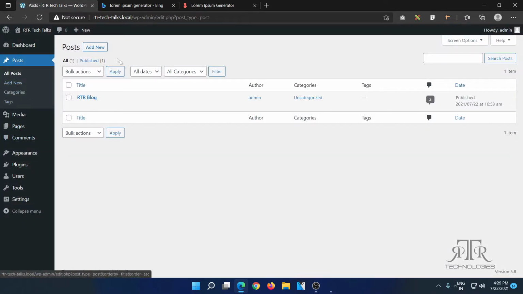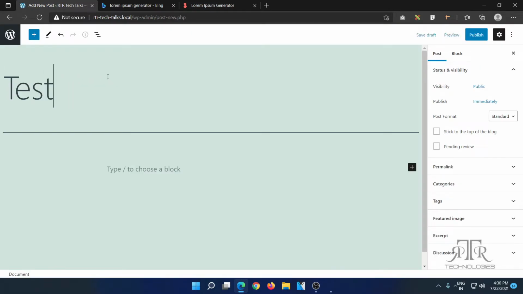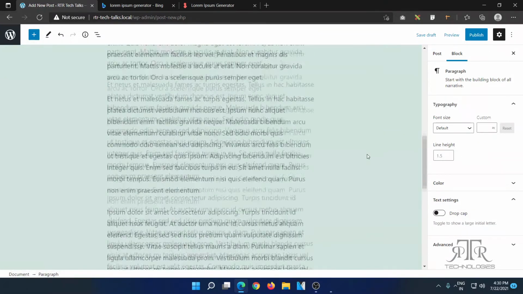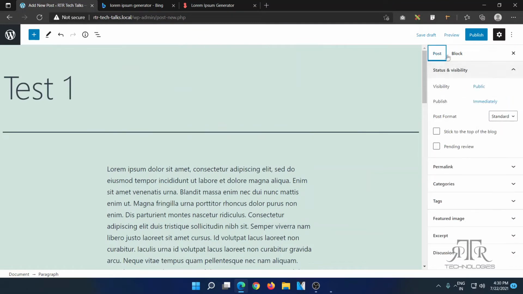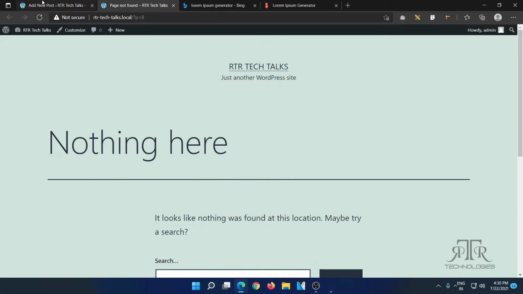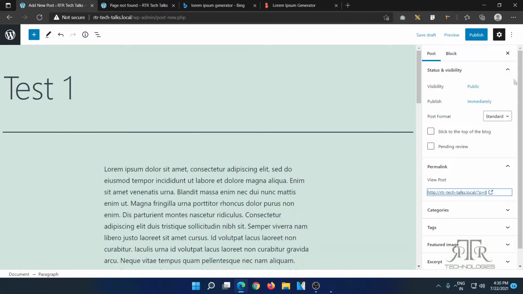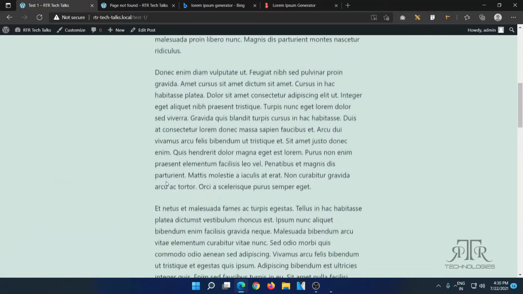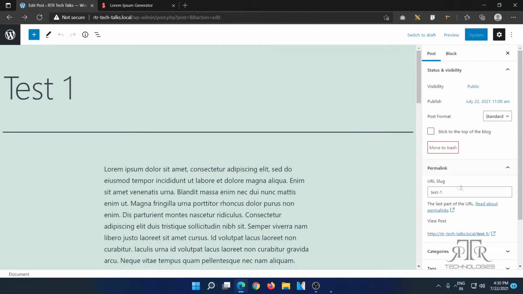If you want to add a new post, click on the Add New button and it will take you to your editor. Add the title and the body like we saw before. Before publishing, if you click on the permalink of your post, a not found page will appear. Go back and publish your post. After publishing, you can see that the permalink can now be edited. Change it to something else and give it a test.